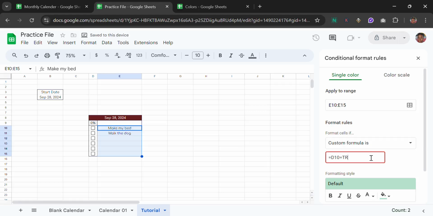So what I'm trying to say is, if D10, which is where the checkbox is starting from, is